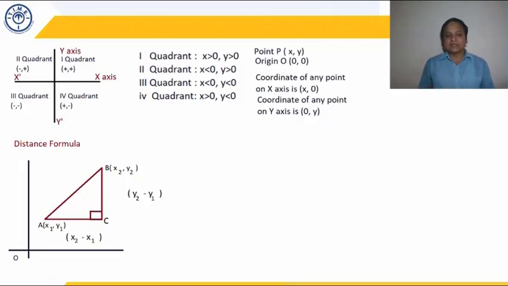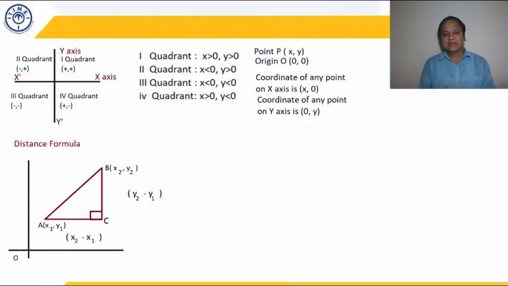Similarly for vertical distance between these 2 points A and B, y coordinate of A is y1 unit above the origin, and B is y2 unit above the origin. So vertical distance between these 2 points is y2 minus y1. We wish to find the distance between the point A and B. If we apply the Pythagoras theorem, it says AB whole square is equal to AC whole square plus BC whole